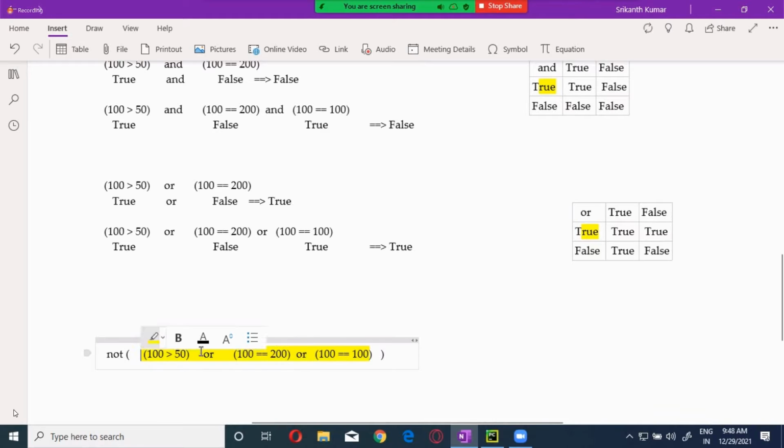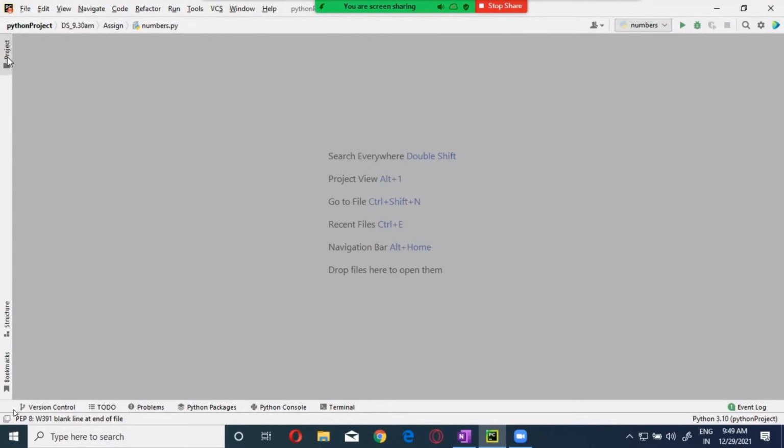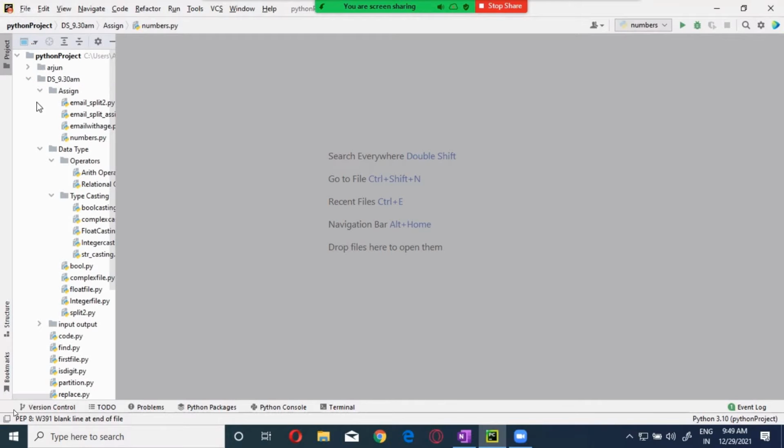But when I use the NOT to reverse the total outcome, since it is coming true, it will give us false. Now you can check it out. This one's total input is true, but when I use the NOT, you are going to get false. This is a common thing, guys. Now let's see this one. Actually, there is one more important thing we will be looking at, this logical operator.